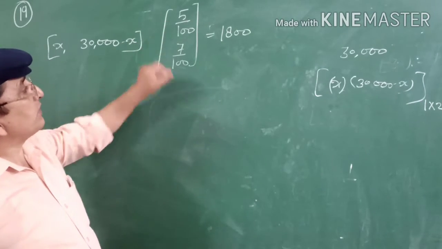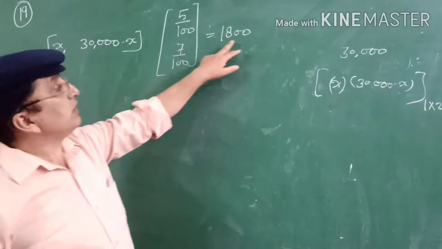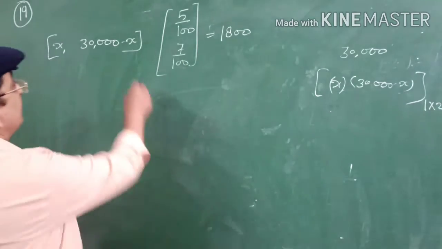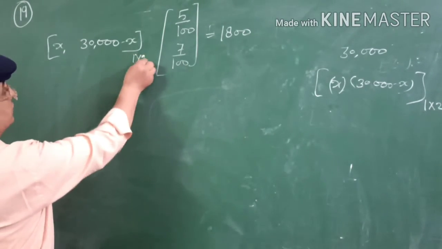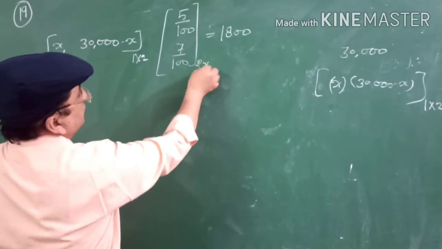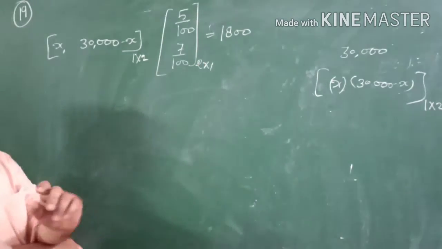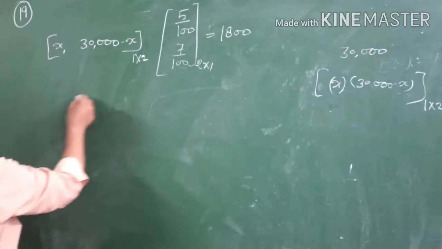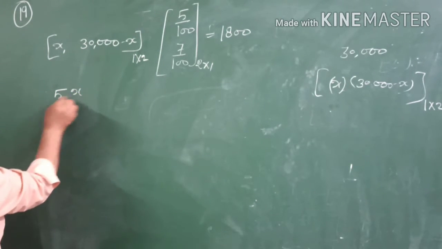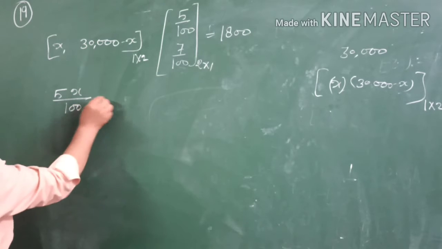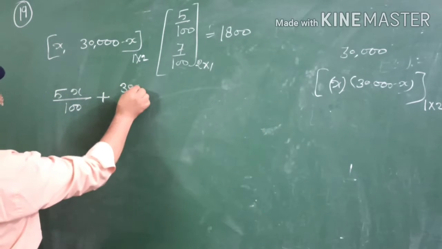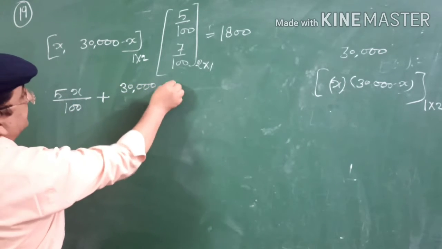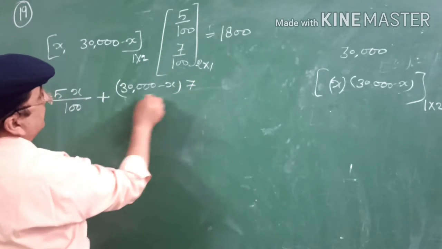So it will come 5 upon 100 and 7 upon 100 equal to 1800, because its order is 1 cross 2 and the second order is 2 cross 1. Hence the total amount of money is 1800 rupees. So we can multiply these things: 5 into x upon 100 plus 30,000 minus x into 7 upon 100